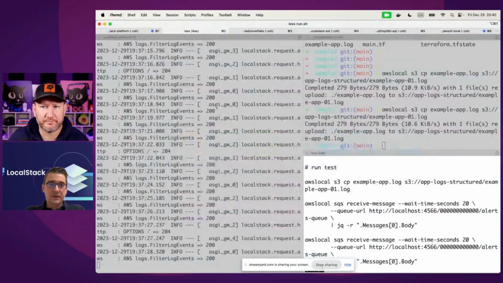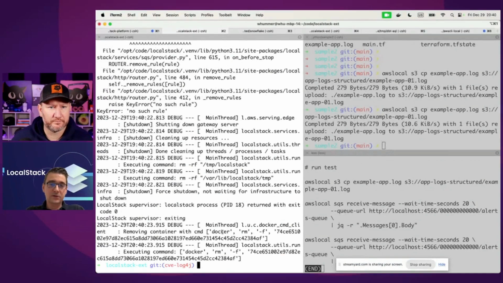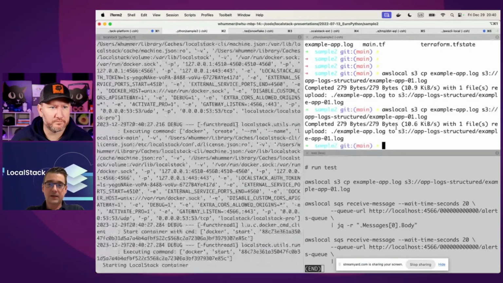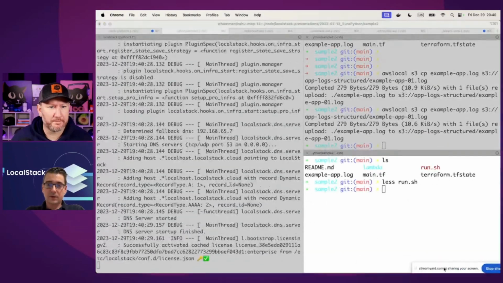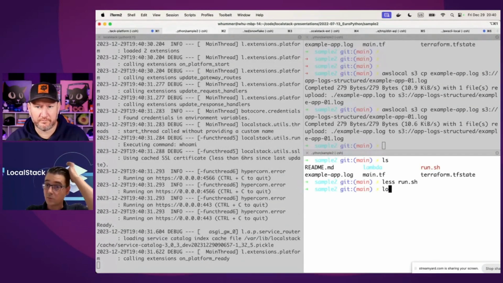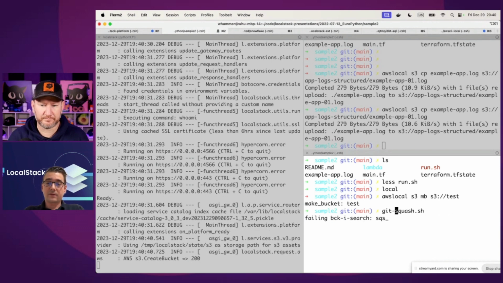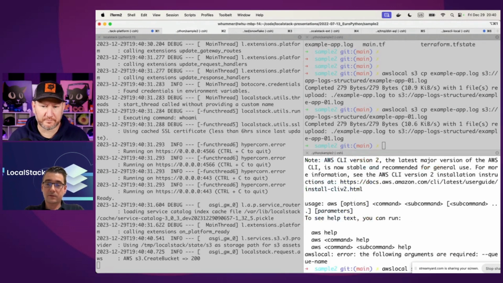So in fact, if we want to take a quick look at how this works, let's tear this down. Let's just restart LocalStack here for a sec. And so the way to interact with Cloud Pods is via the CLI. There's also a UI component, but the CLI is the preferred way to do it. Now, first of all, let's create, again, a bucket. Maybe let's create an SQS queue. Let's do something like awslocal